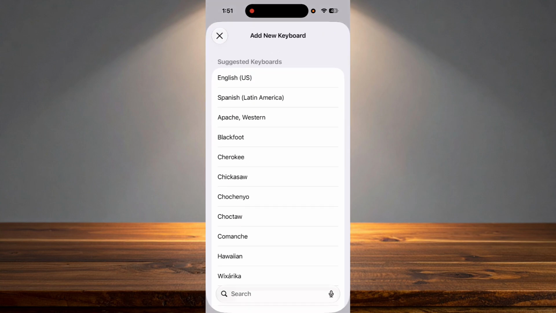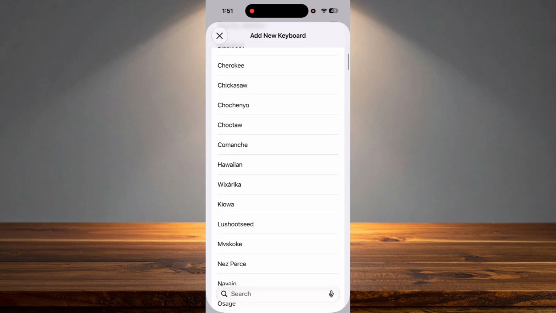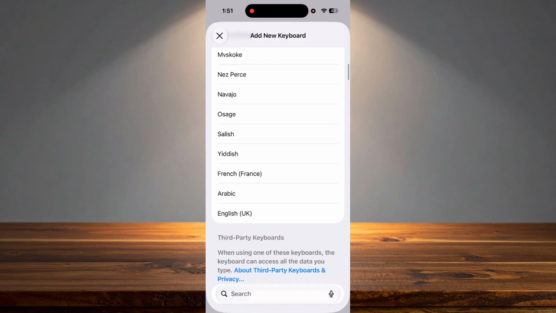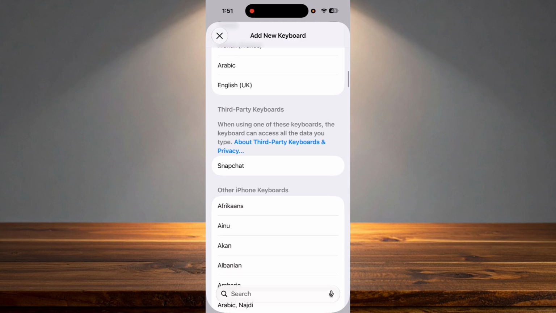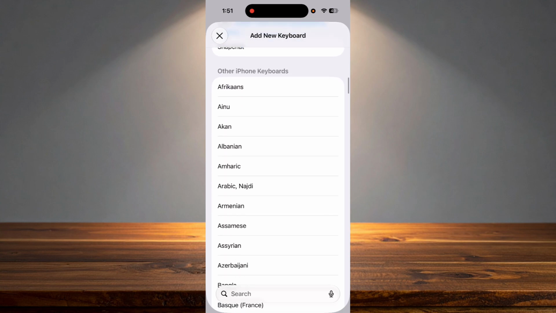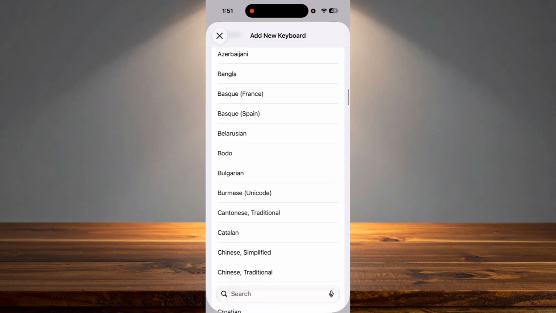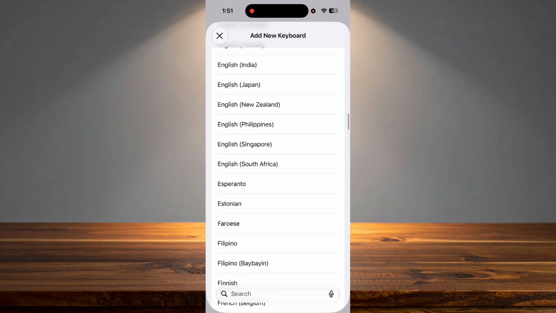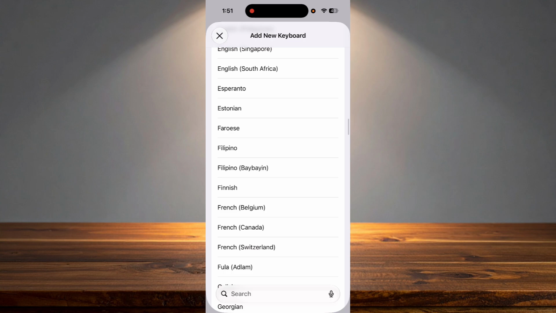Here you will find all the keyboards available for your phone. So for example, those ones are like third-party keyboards available like for my phone. And those are like the original keyboards. I will, for example, choose the Finnish keyboard. I have just